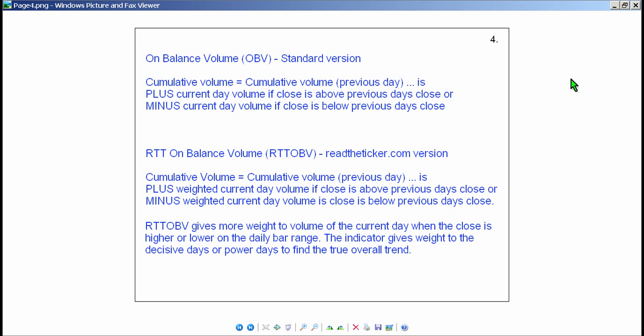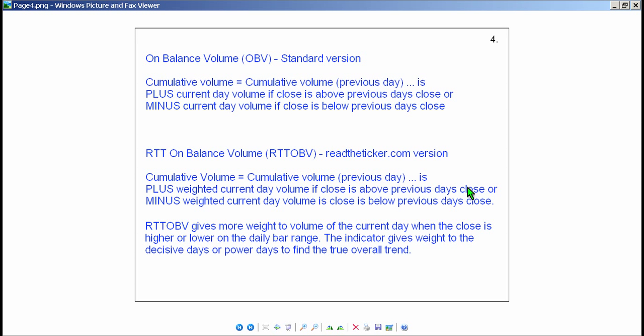Standard on balance volume is simply calculated by taking cumulative volume from the previous day and adding current day volume based on the close of the bar. If it's up, you add. If it's down, you deduct. RTT on balance volume, the readtheticker.com version, is cumulative volume